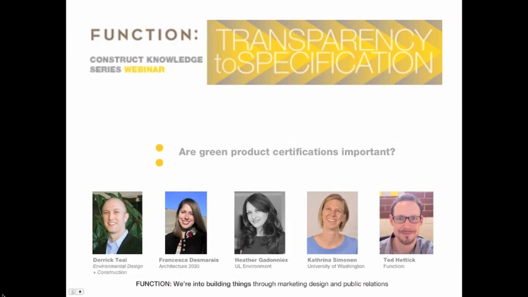This is Heather. I really think they are, and I think that specifiers do actively use them, particularly the more popular ones like GreenGuard for indoor air quality or the CRI program for carpet. There's been a lot of use of these certifications to denote, again, this quick preference of environmental preferability.